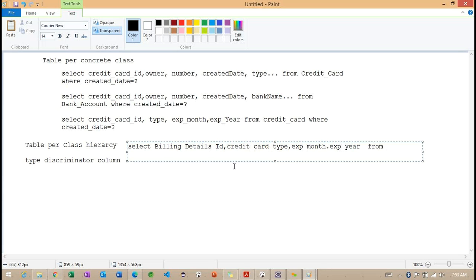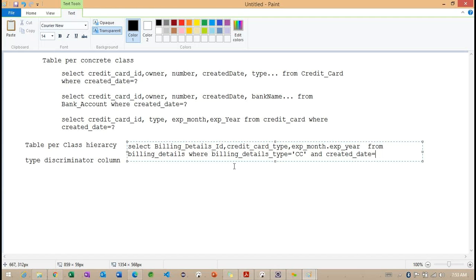And here, from billing details where, what are the conditions we can make? Here we can make billing details type is equal to CC and created date.